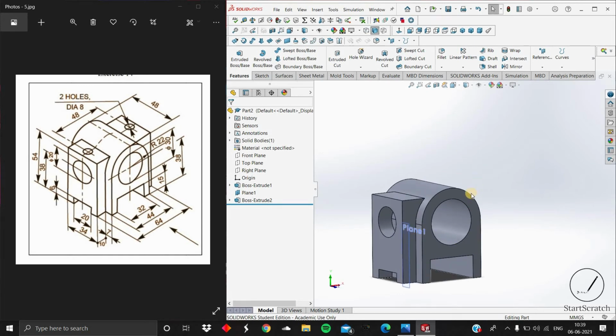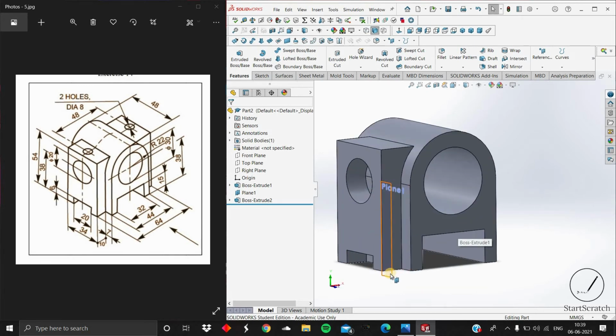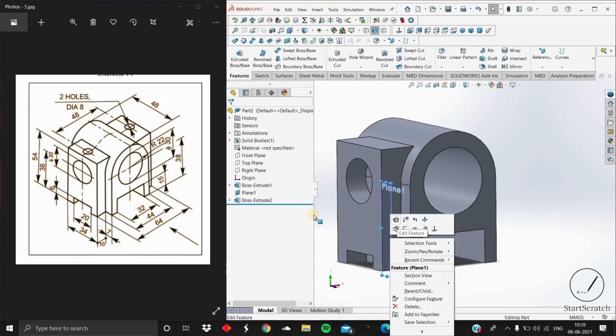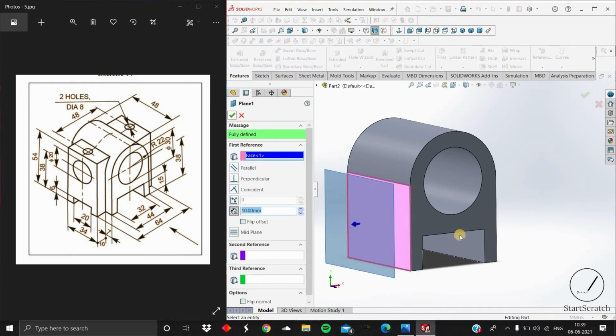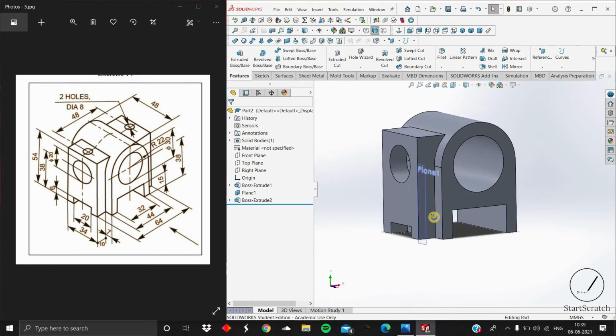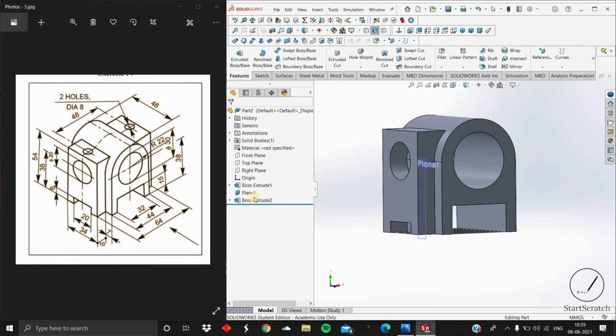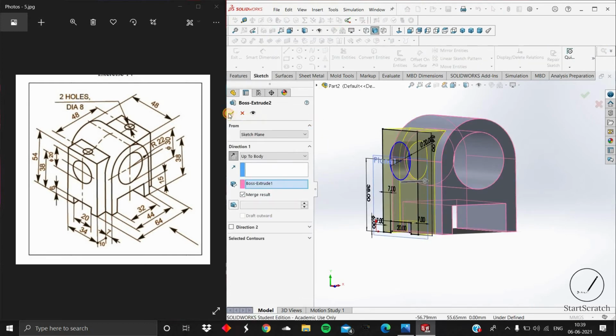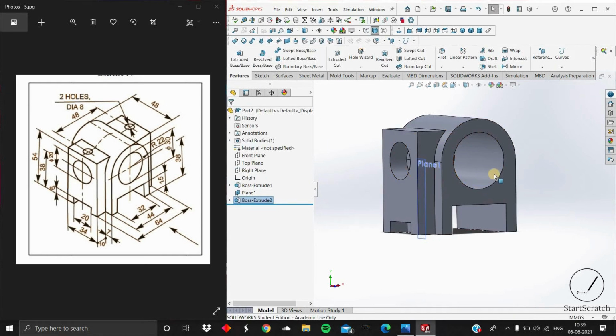Now, as we know, this whole length was 44 and this was 10 mm more from here.